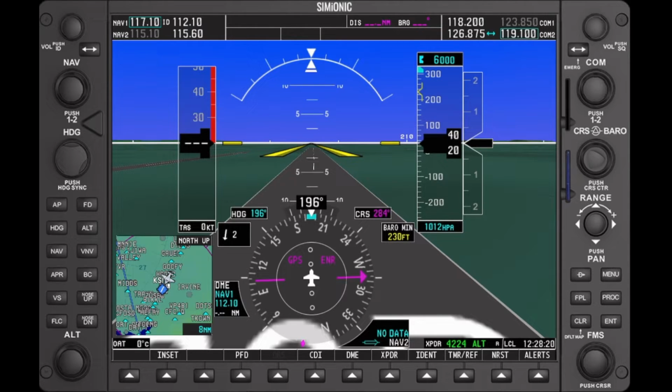Let's say I want to change the transponder mode. Again, self-explanatory. I go to transponder, and I have alt, I have on, I have standby. Okay, if I want to get back to VFR code without having to enter 1200 in the US, for example, I press VFR. Boom, 1200 is tuned in for me automatically. But now I want to use alt mode Charlie, to actually report my altitude. I press transponder again and pick alt, and now it's green